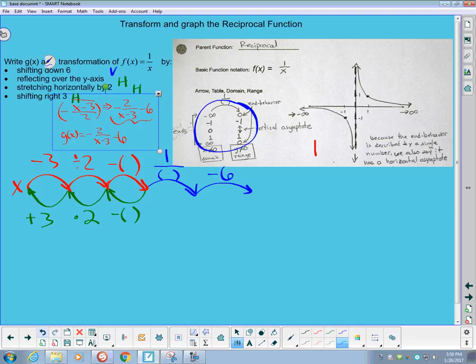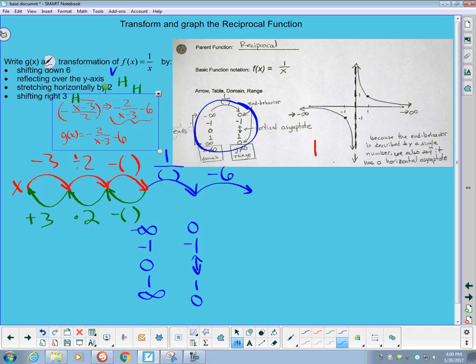So our key points that go under the parent function are a negative infinity describing the left end of the function with an end behavior of 0. Negative 1 is on the graph. When we try to put a 0 in, we get a vertical asymptote, as the notes say. An input of 1 gives an output of 1, and we catch the other end is also heading to an